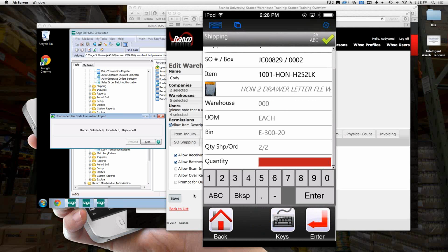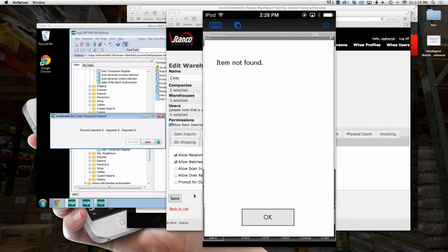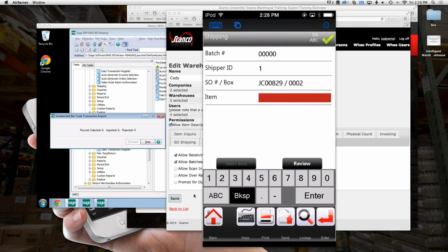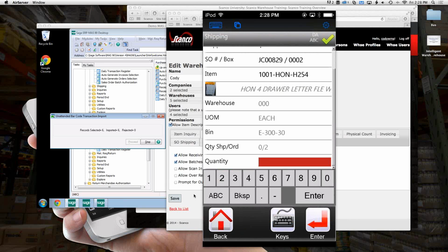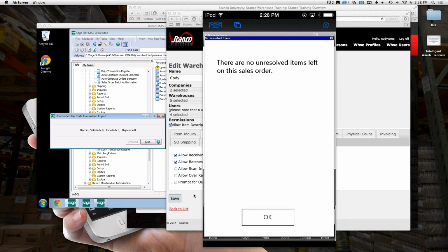back, scan the other item, just clear that out, scanning the other item, and you'll see there the quantity shipped versus ordered. We'll go ahead and select 2. And now when we go to the lookup feature, it's going to tell us that there's no unresolved items left